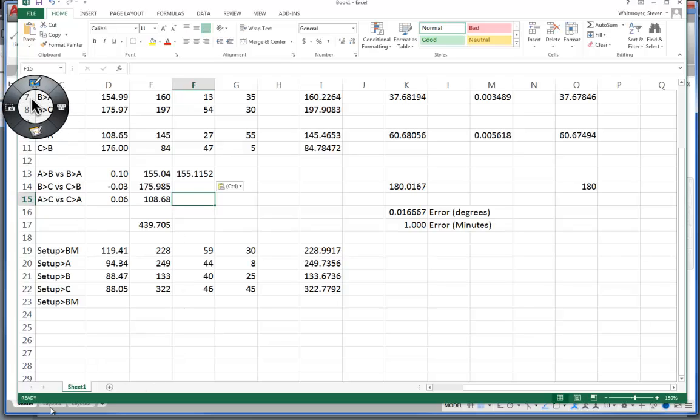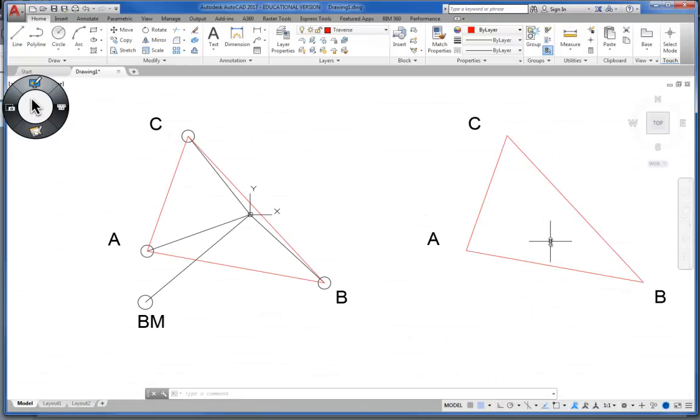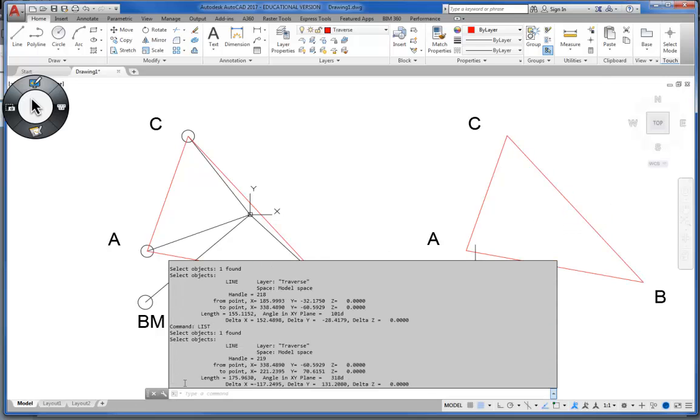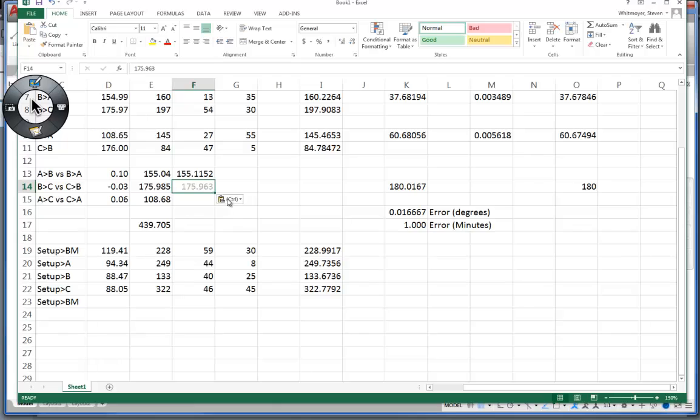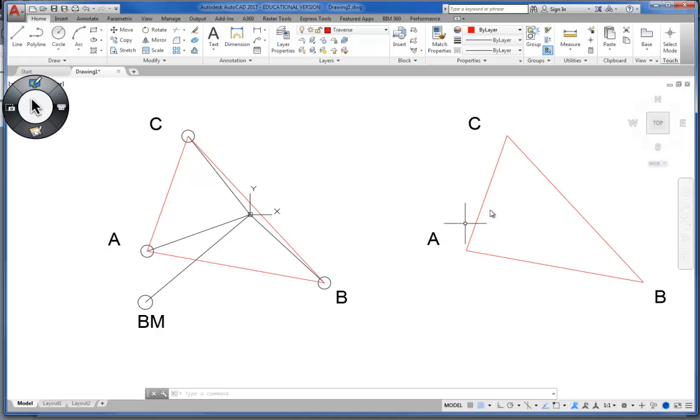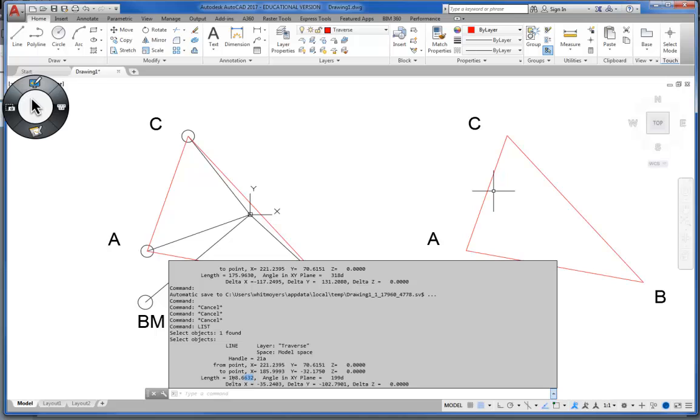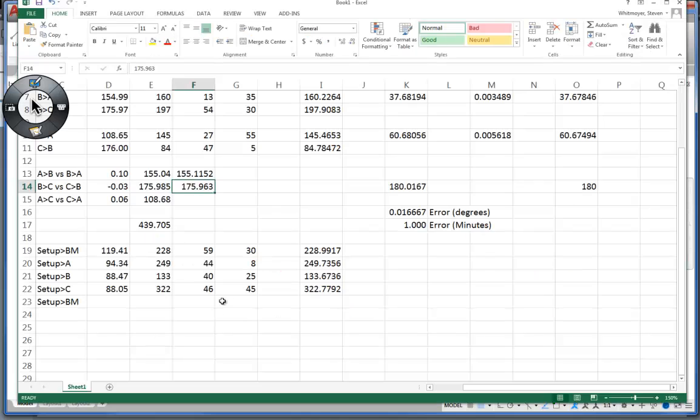From B to C, list. So B to C was this. B to C, 175.98 we got, versus 175.96 according to our topo. And we come back here, C to A, Control C, back to here,